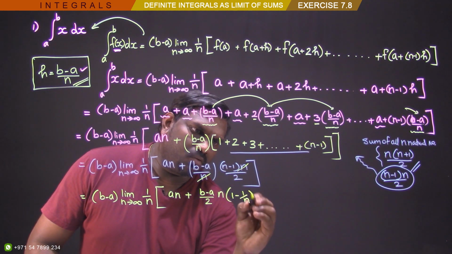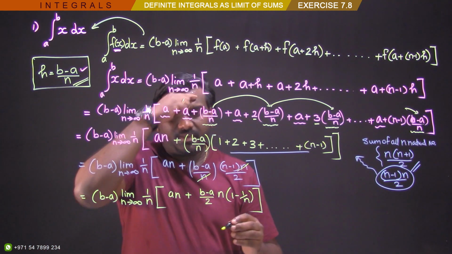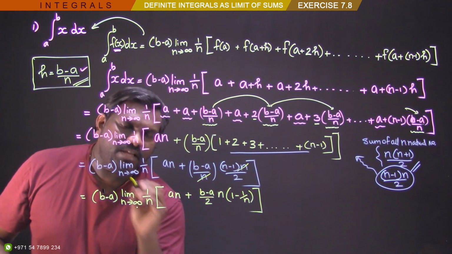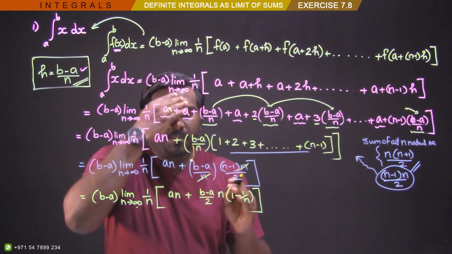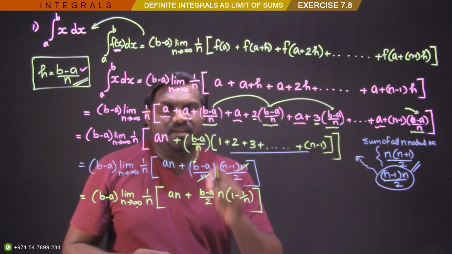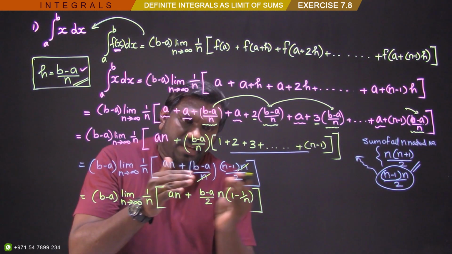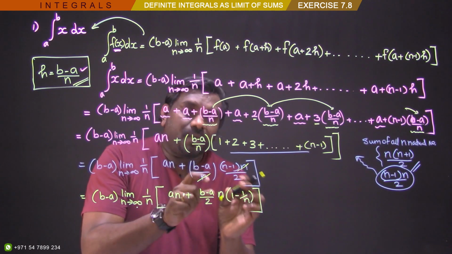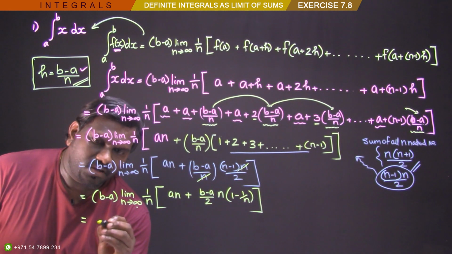This will become so. Because we have done limits earlier, and we need to apply it somewhere. So what needs to be done? n has to be taken outside. Then wherever there is 1 by n, we need to apply it there. That is how we will get the answer. So that is how you will get the answer here. So you need to take it out. Why am I taking it out? Why am I taking an n out of this one? The next step you will get a better idea here. So that